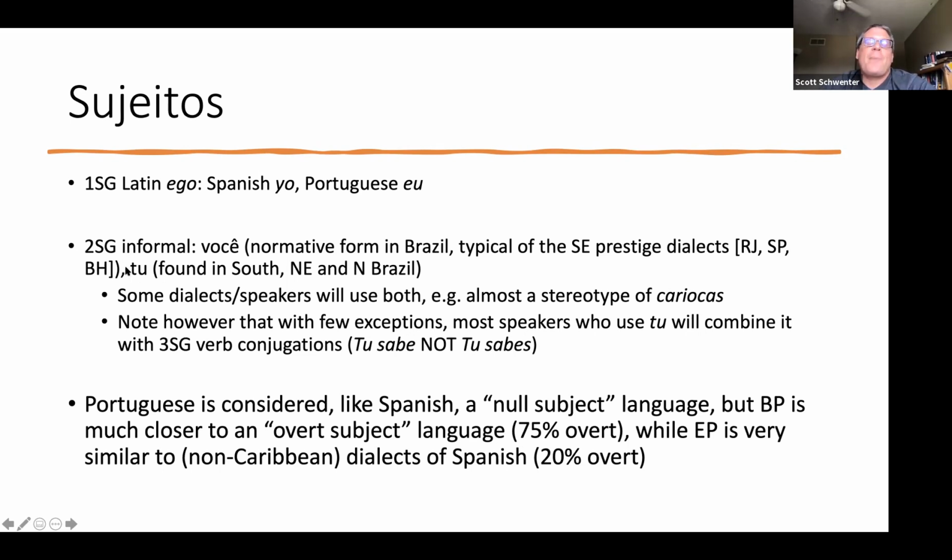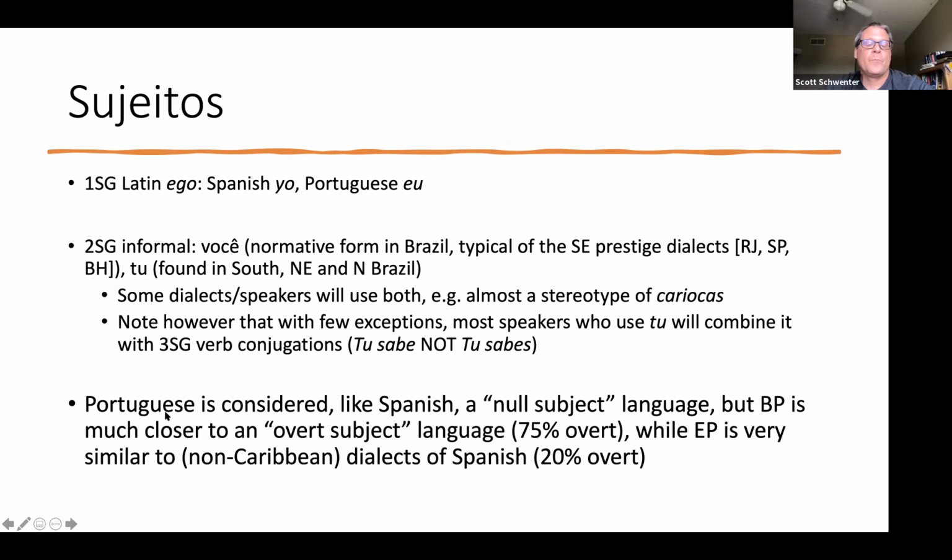So if you end up, I've had students who ended up doing study abroad or a summer program in a region where they use tú, and they come back using tú, but they didn't have to learn how to conjugate the verb differently because they'd already learned it for você, and they just use the same verb conjugation. So I think you can learn to use both depending on where you are, but you don't have to learn how to do those specific